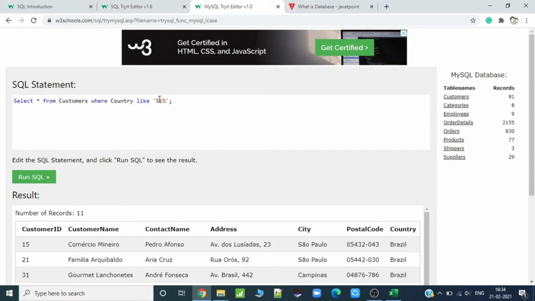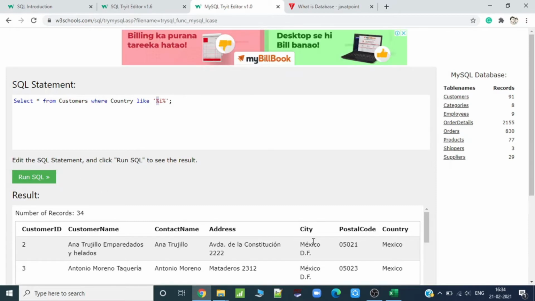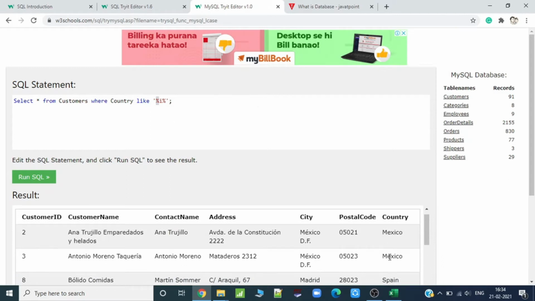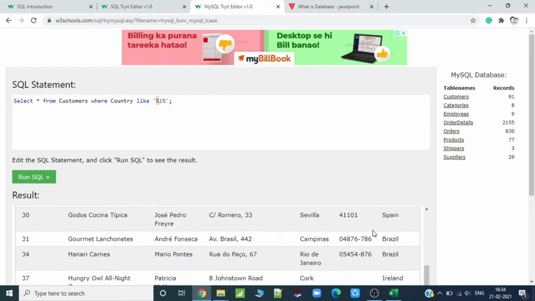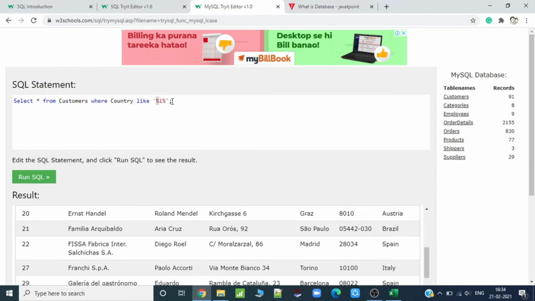So any country which starts, ends, or has I in it. The percentage can also be null, I would just replace it with null. I can have any value similarly at the end. I will show you the example. Here, the first percentage has taken MEX and the last percentage will be taken by CO, so Mexico is part of it. Similarly, the first percentage is taken by SPA and the last percentage is taken by N, so Spain. But I can also see Italy: the first one is null and the last one takes all the TALY.